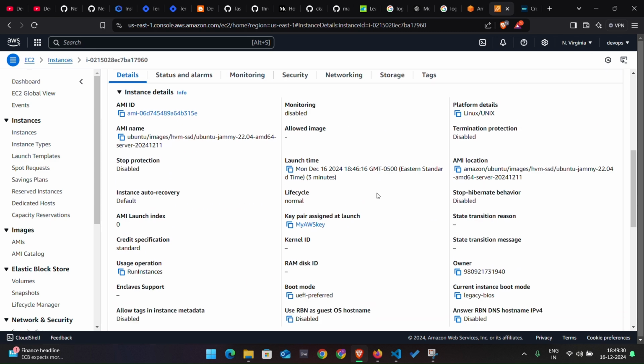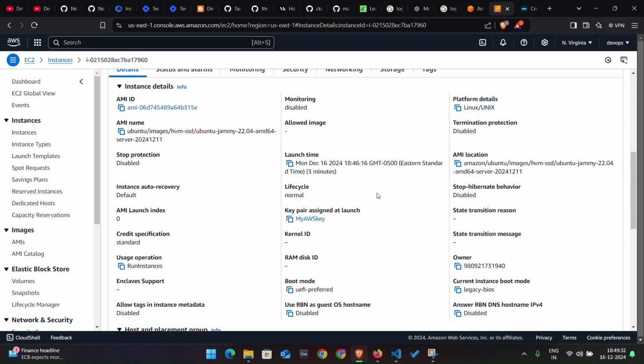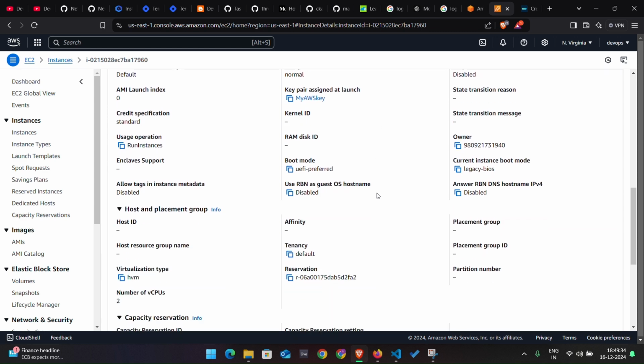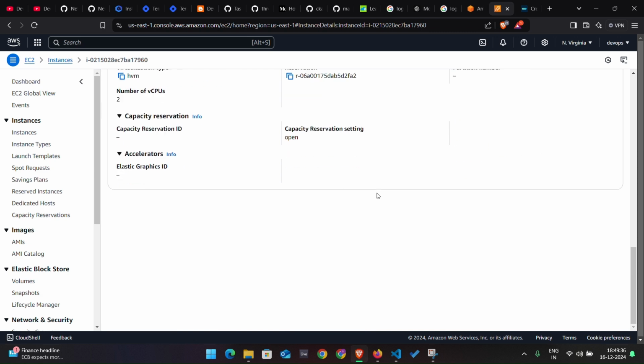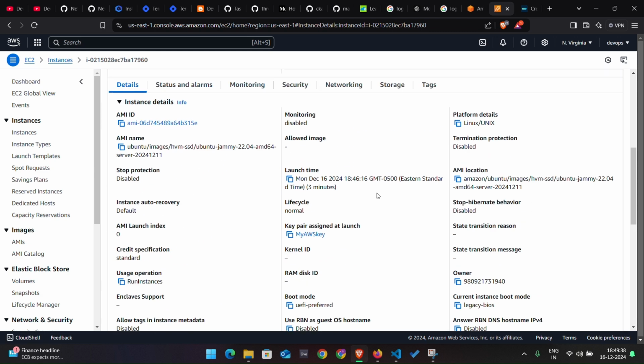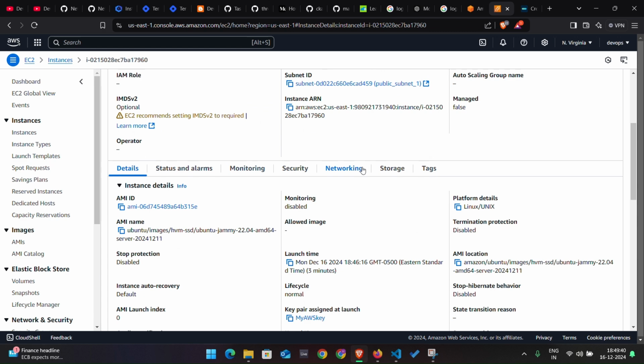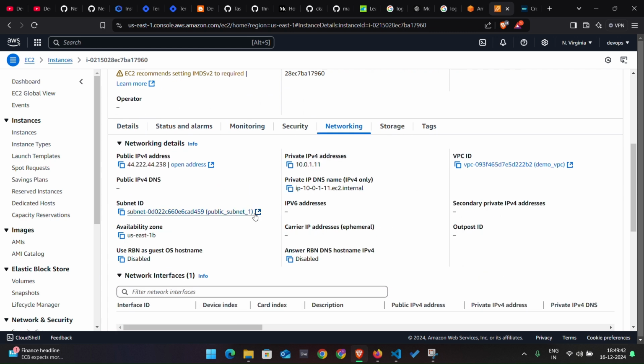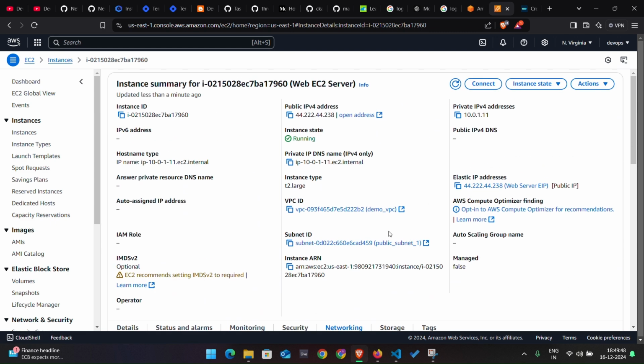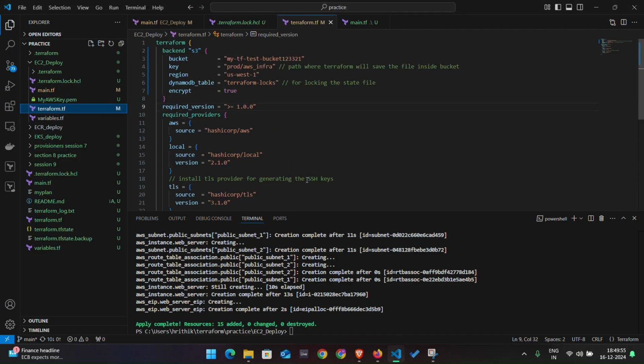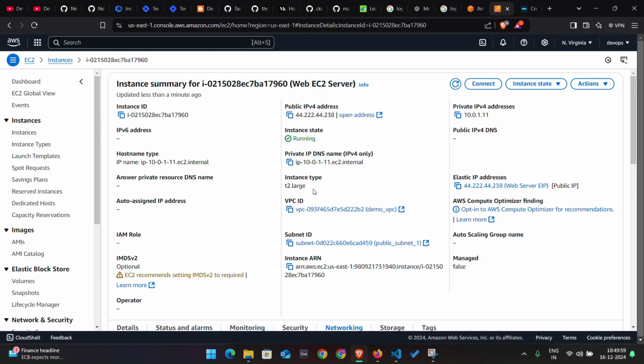So as you can see, I want to show the subnet in which my EC2 instance is networking. Subnet ID, public subnet 1. There you go. This is the subnet that we launched. So as you can see, this instance got deployed in the public subnet that we deployed via our infrastructure. So everything is out here, and we would be moving to the next step of installing Jenkins and